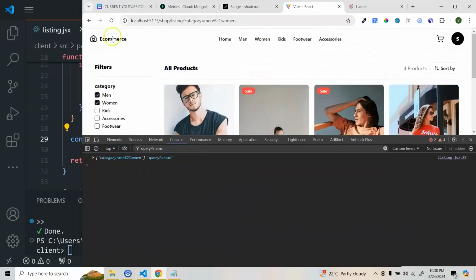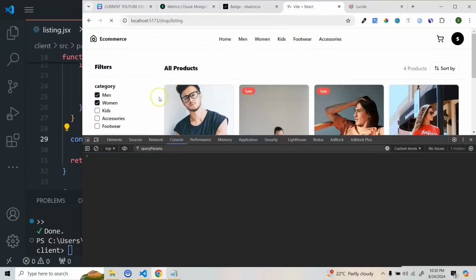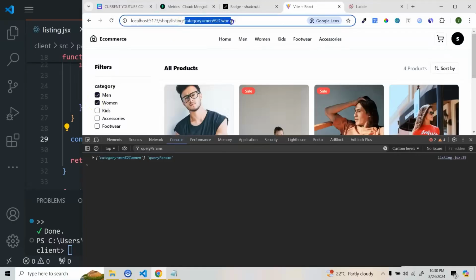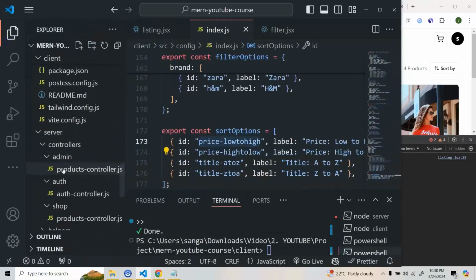So you can see that both are selected. And also if you remove this and refresh this page, you'll see both are selected, and this is also getting updated. Awesome. So now this is working fine. Now we need to update something on our API side, because we need to add all of these in